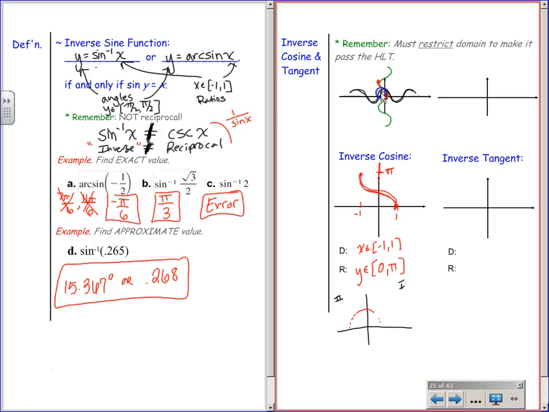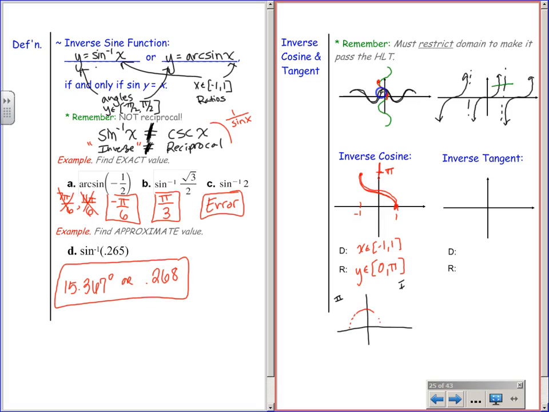Tangent, super similar idea, because tangent, remember, I think I held up a tangent graph just a little bit ago. Tangents look like this. They just repeat over and over and over again. They have vertical asymptotes at negative pi over 2 and pi over 2. So if you were to flip tangent,